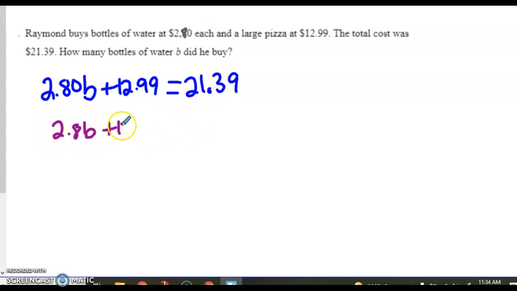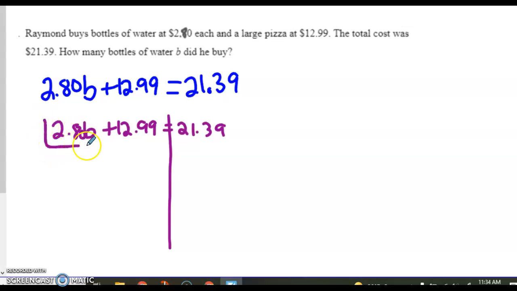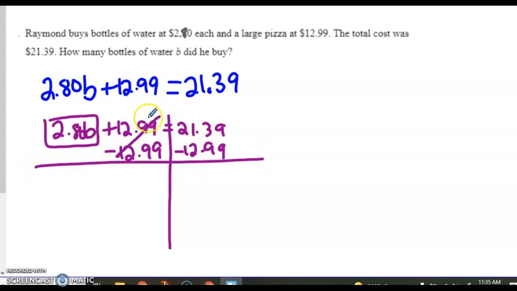I'm going to draw my line down the equal sign. Oops, that's supposed to have a 0 there. Box off my letter. I've got to get rid of the plus $12.99, so I'm going to subtract it from each side because that's the opposite. And anytime we're trying to get rid of things, we need to do opposite operations. Bring down my $2.80 times B. And then here we subtract,